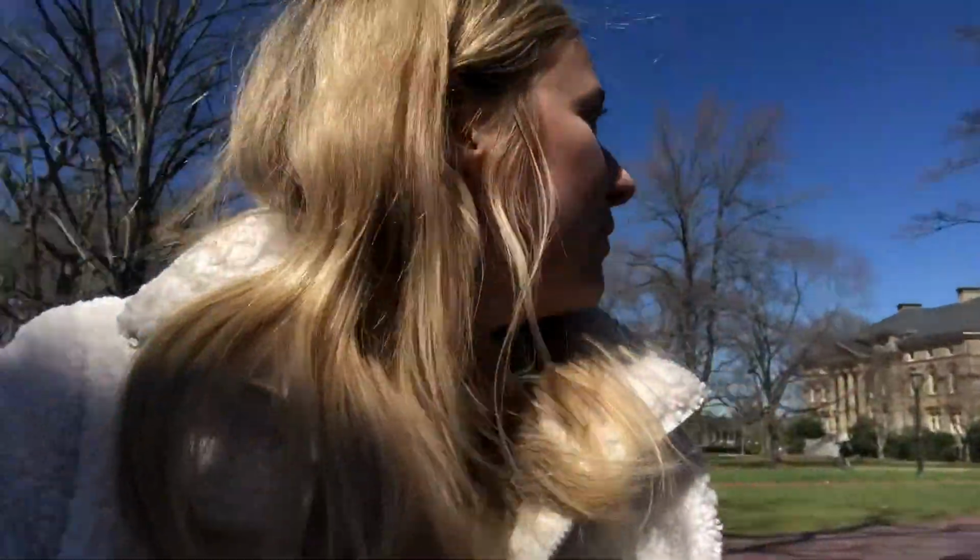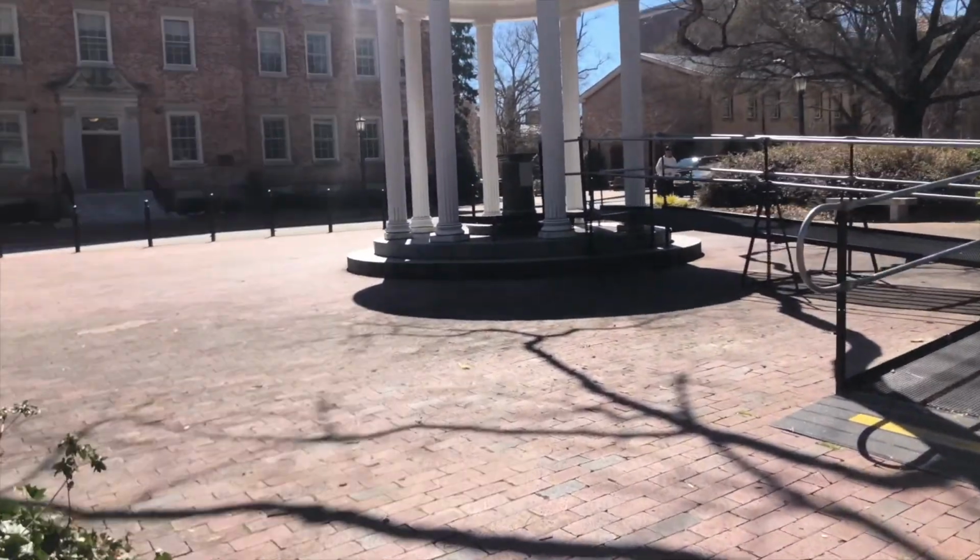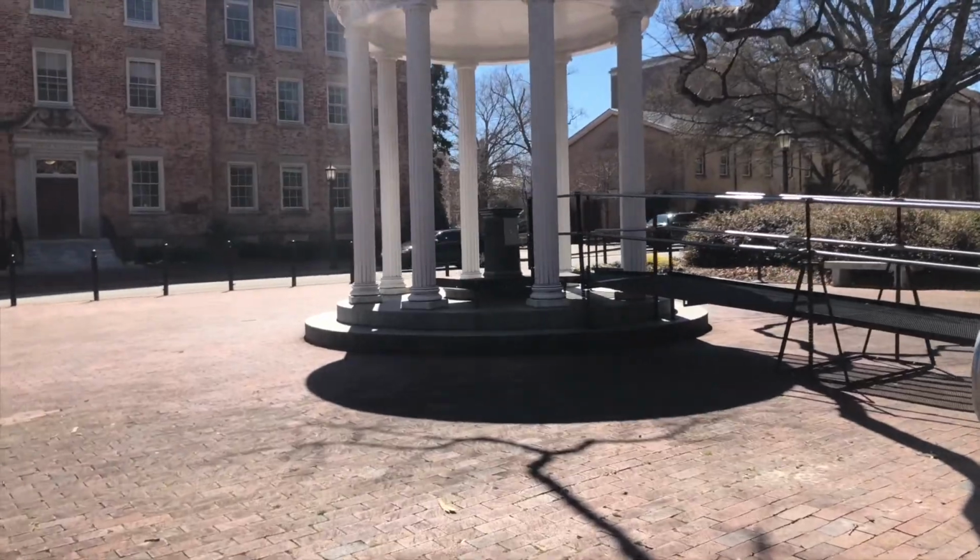So first years live on South Campus. A lot of academic buildings are central to Northern Campus. This is kind of where you'd be if you were an upperclassman living on campus, but this is definitely the way you take to go home if you were living in an apartment or a house off campus. So we are on basically Northern Campus, and this is the Old Well, which is basically the key